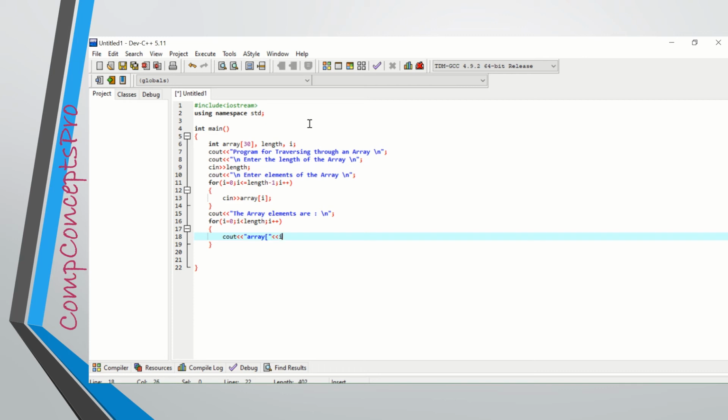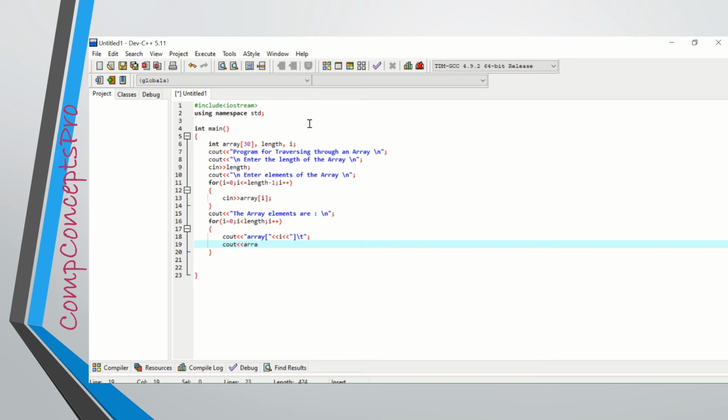This cout statement is just for the better readability of the output. This array will be displayed as it is along with the square brackets. Then we will display the value of the subscript of the array where it is currently pointing to.